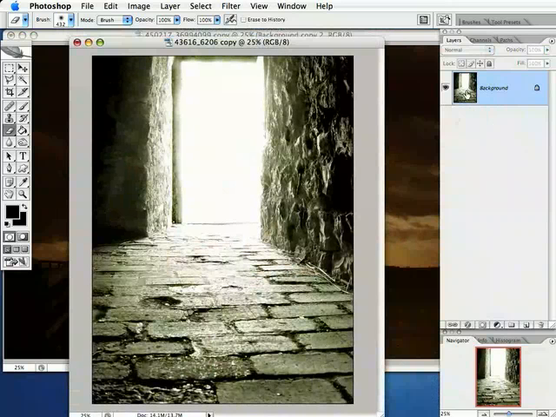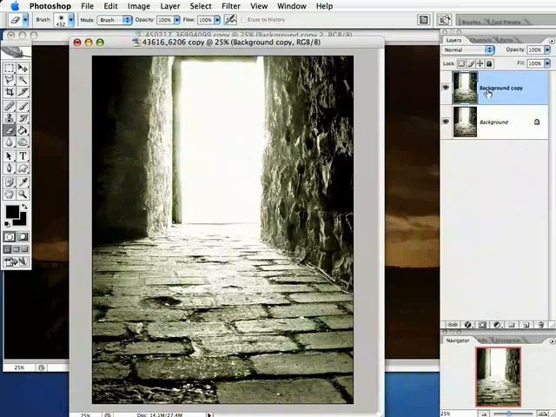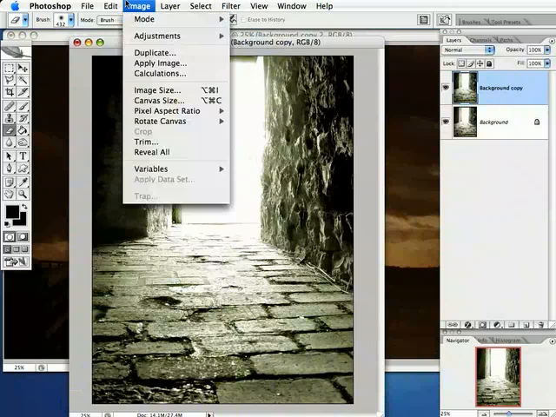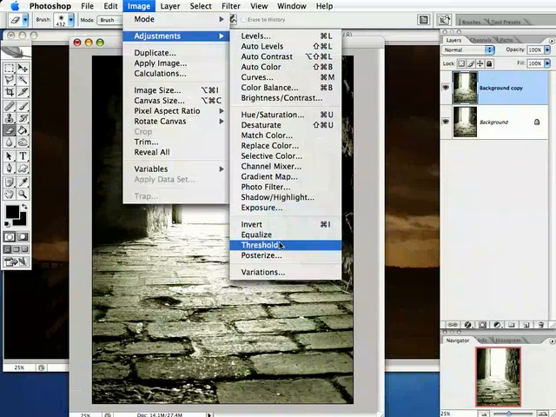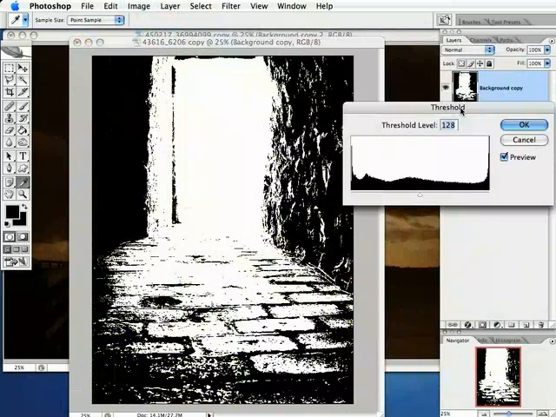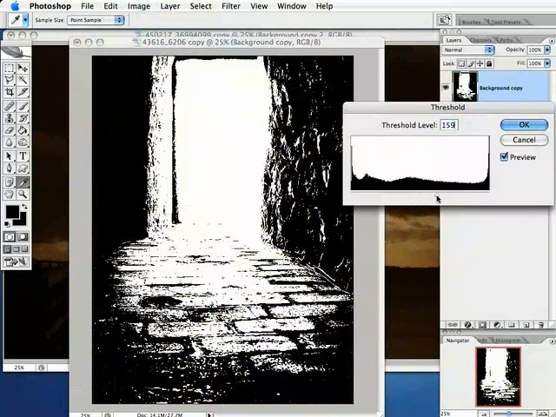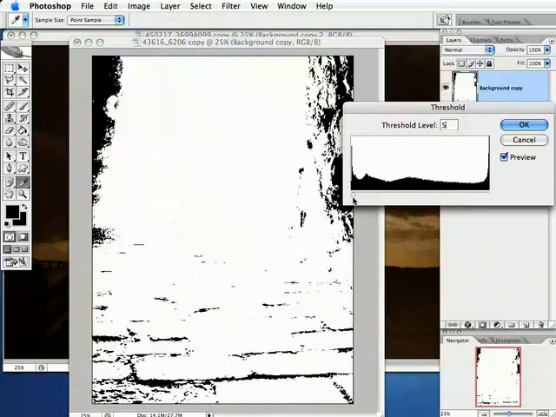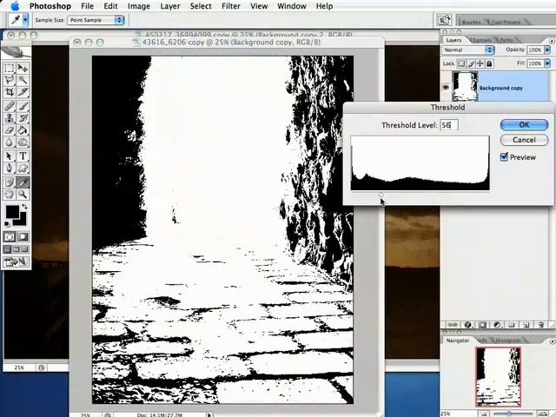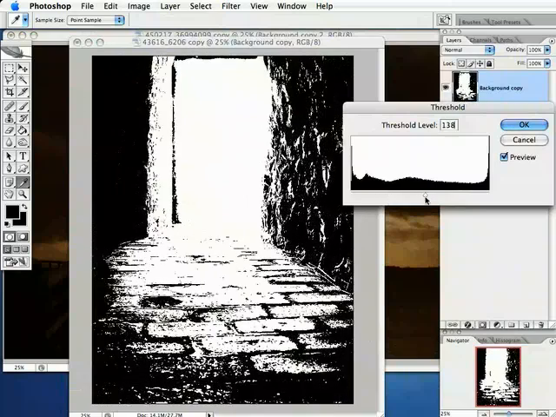So what I'm going to do is click on the background layer, drag it to the new layer icon, make a copy of it, and then come right over here to Image Adjustments, down here to Threshold. And we'll do the exact same thing that we did on the lake image. I'll just go ahead and adjust this. I don't want to go too blown out, but I still want you to be able to tell what the photo is. I'm just going to bring this down right about there,